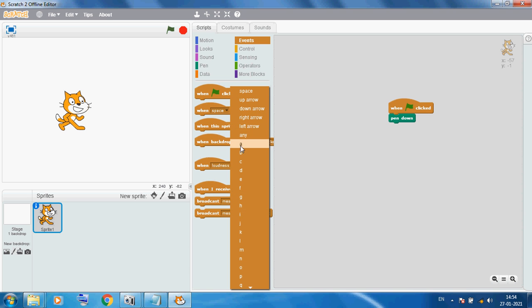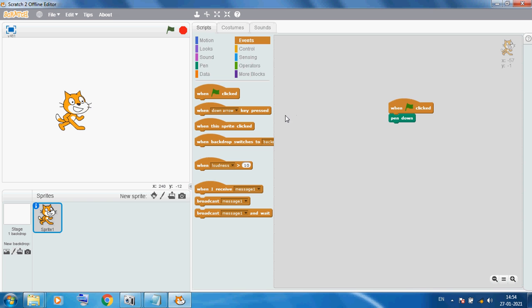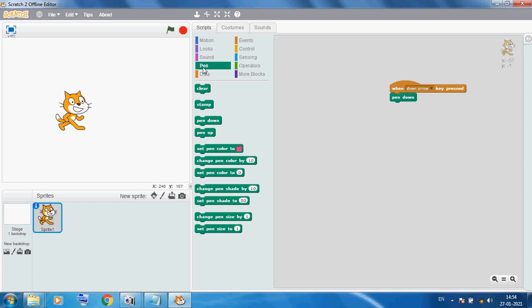Simply we can use our down arrow key, and we can use pen and set pen color. Now we can use the down arrow key and give the effect, but it requires more coding.